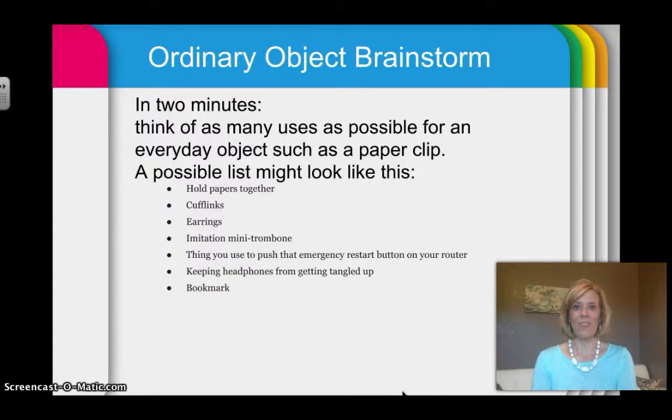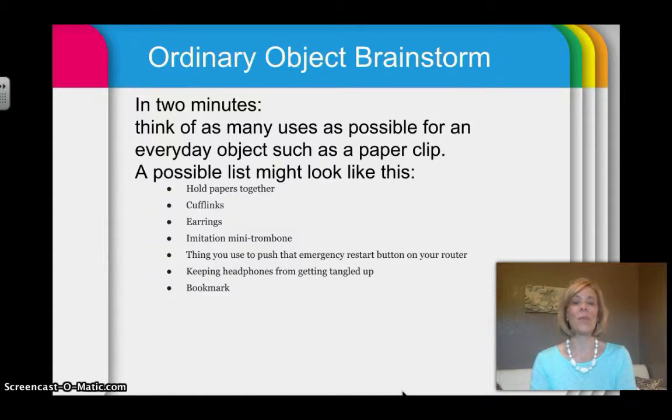Ask your students in just 2 minutes to list as many possible uses that they can think of for an everyday object. For example, like a paperclip. This is an example of what a possible list might look like once the kids start brainstorming. In the past, I've just done this pencil and paper and we share out. If you have an answer that nobody else has thought of, it might be worth 5 points. If you have an answer that others have thought of, it might only be worth a point, and so on and so forth. But let's put a digital spin on this and use a site called Socrative,